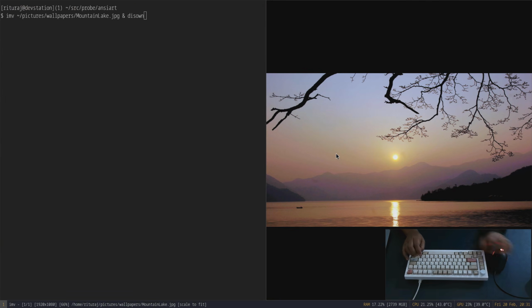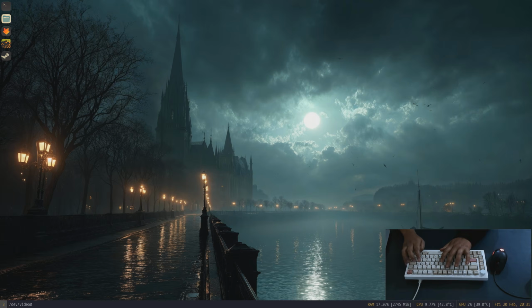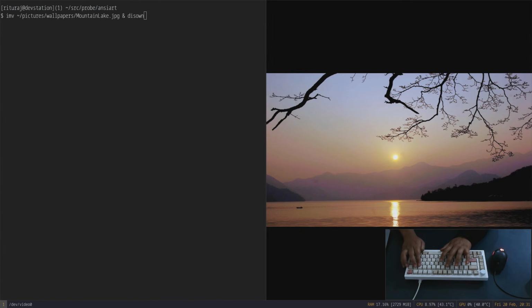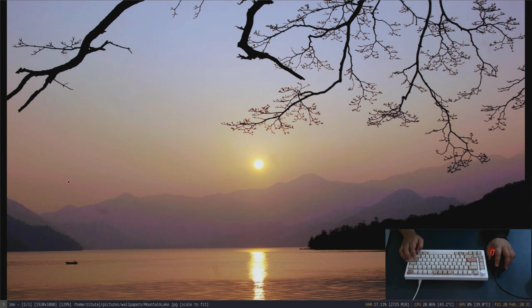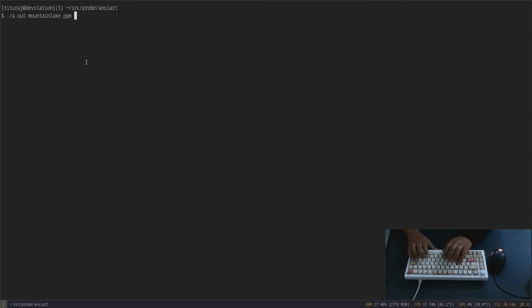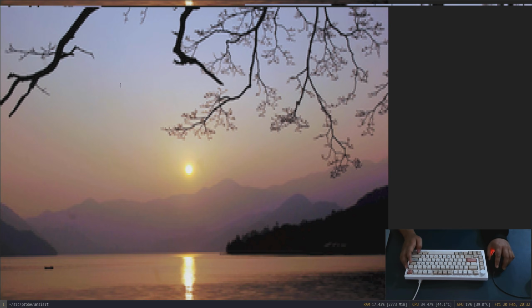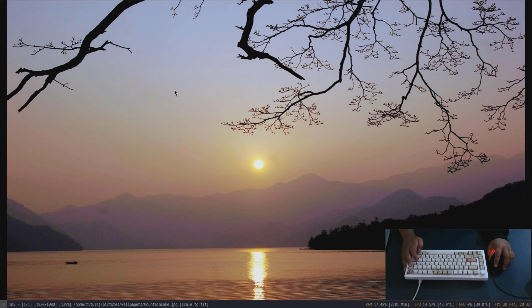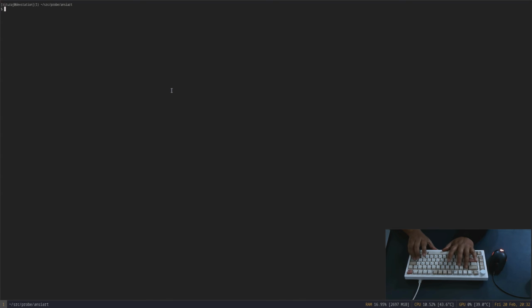So this is the original image, and if we do this, so this is our rendered image in the terminal, and this is the original image. Quite similar, I think. This is great. But obviously,